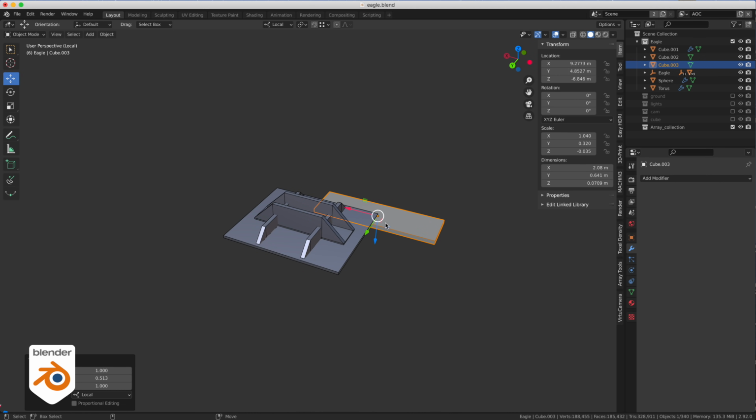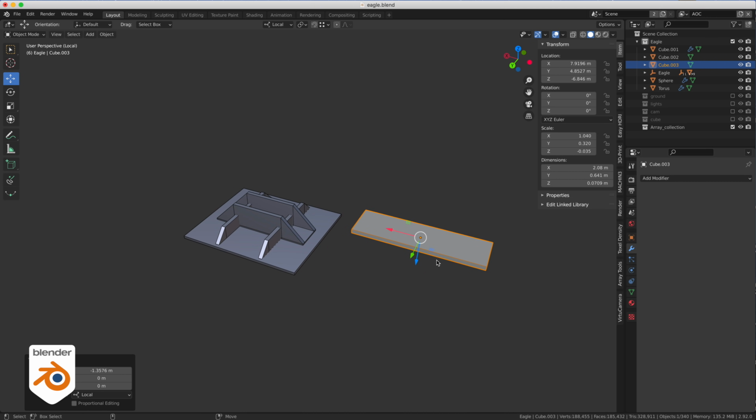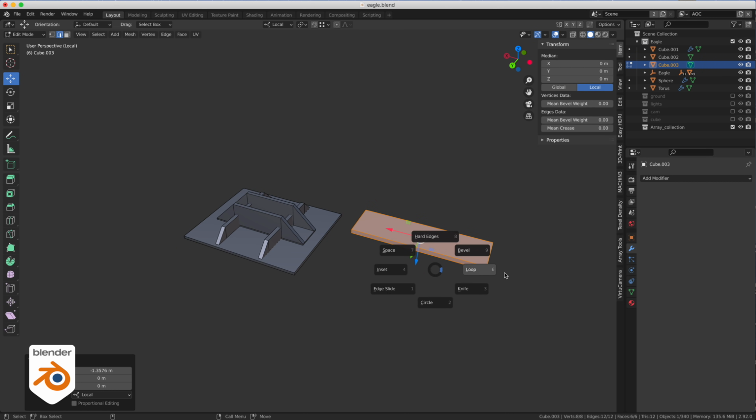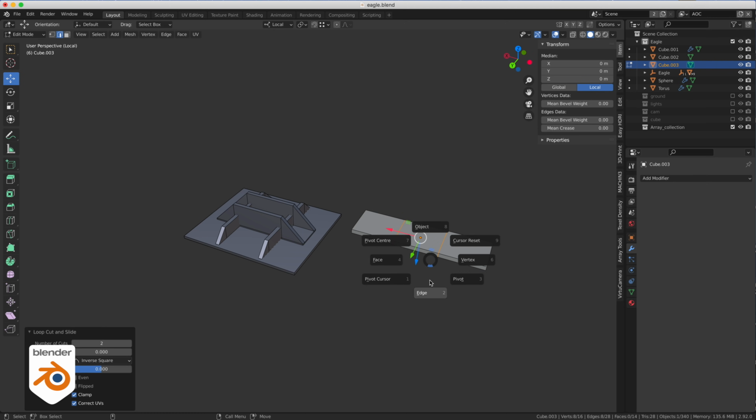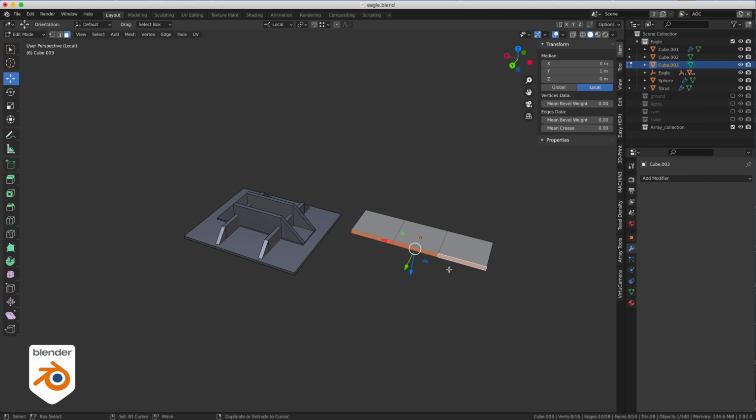We're going to use our loop tool and cut it into 3 sections. So loop tool, and I'm going to press 2 to cut it in 3 parts. Here we go. Now we're going to select these edges here and we're going to extrude them in normal